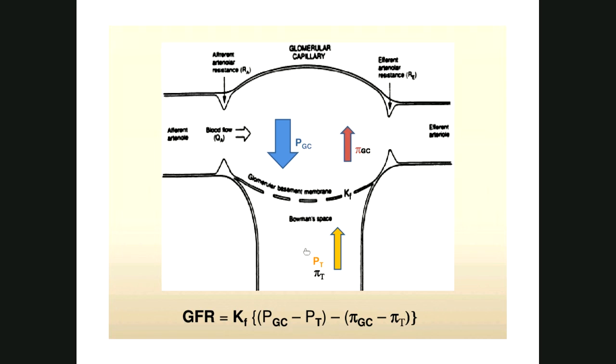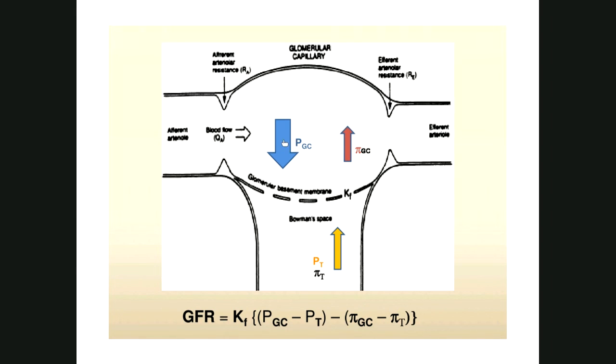Even worse, if the problem is in the kidney, causing the plasma proteins to be lost into the filtrate, this will increase the oncotic pressure on this side, which will increase the GFR. And that's why in certain people with renal disease, they have large volumes of urine formation, due to the increase of filtration. So the filtration will be positively related to the hydrostatic pressure in the glomerular capillary,